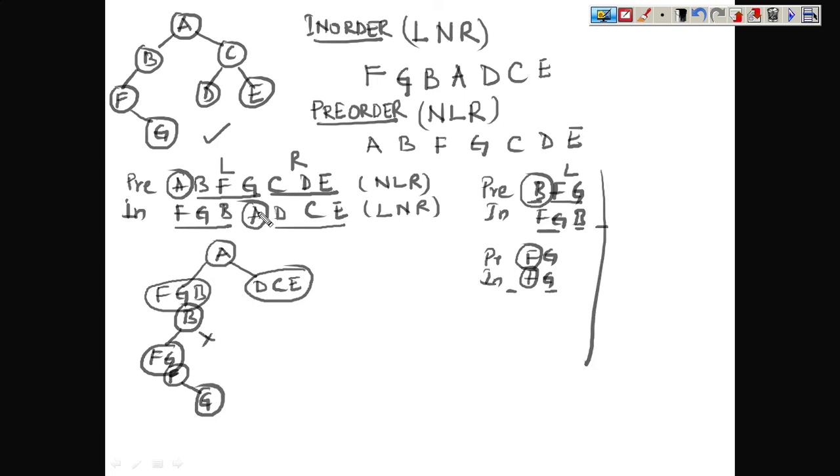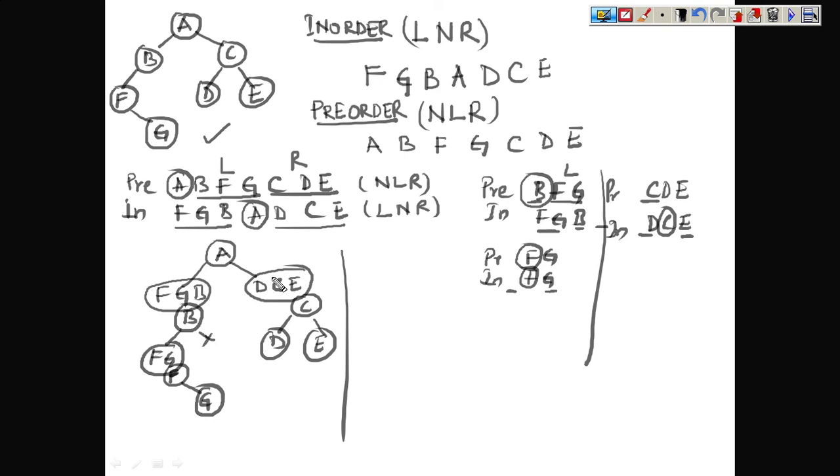So in the right subtree, what you will notice is that in the pre-order our sequence is CDE, whereas the in-order sequence is DCE. So we know that this is our root node. So that means this is a left child, this is a right child. So you can simply make it C, and here you get D, and you get E. So clearly out of this given structure, what we get? We get A, B, then we get F, and then we get G, and here we get C and D